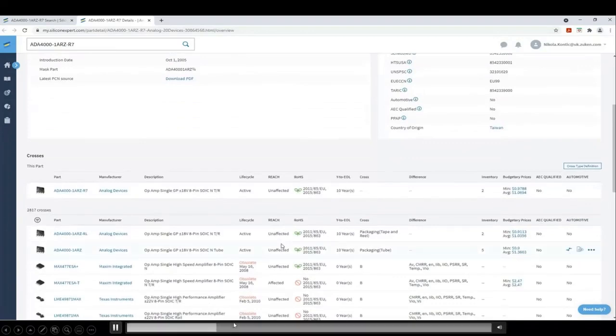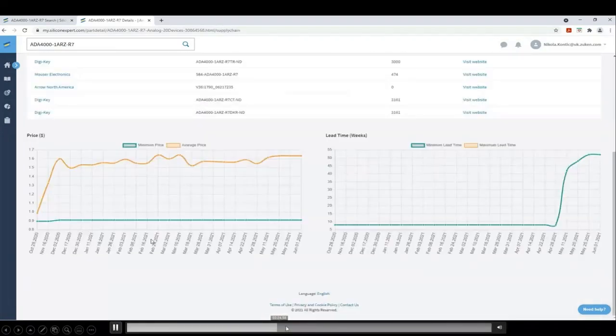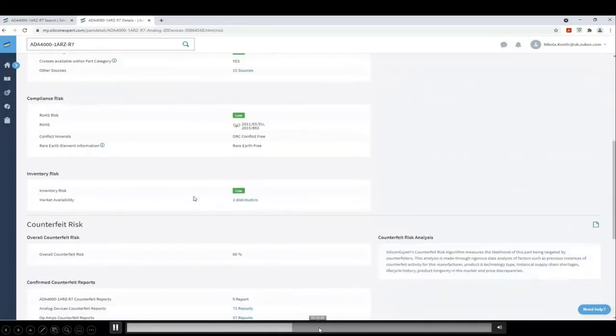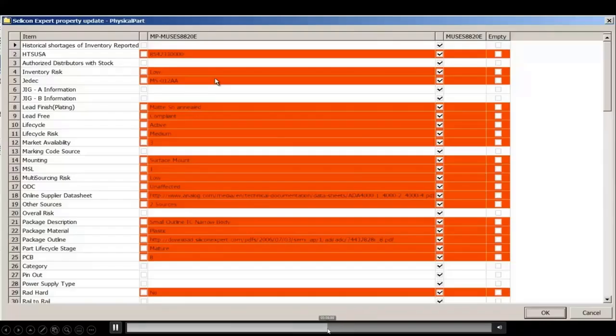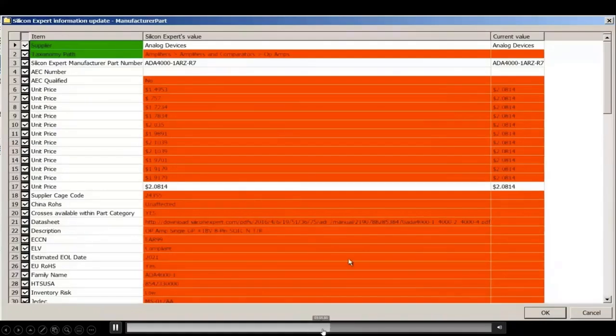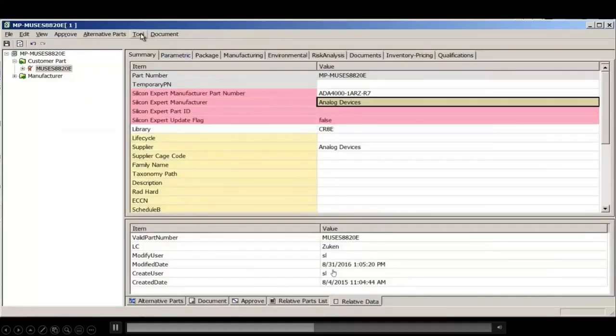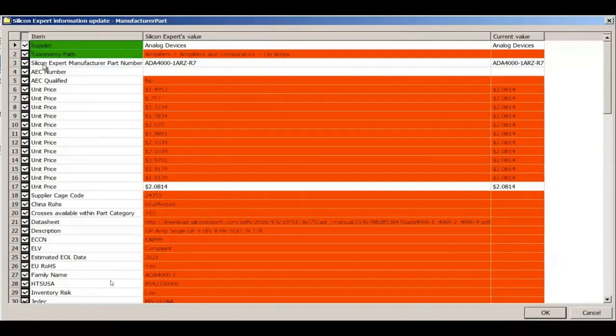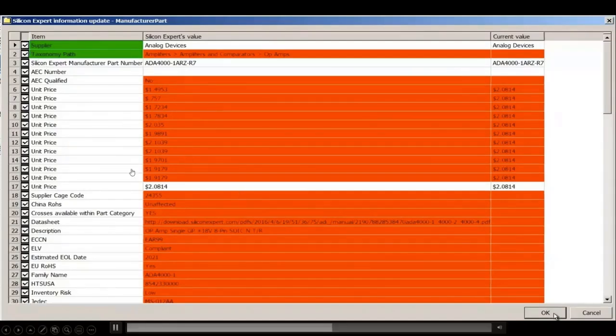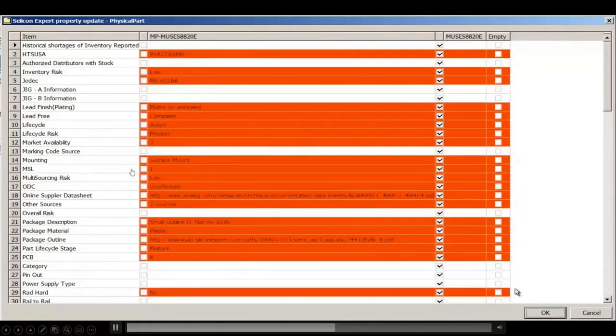And I'll just move forward. We've seen a lot of this checking and downloading and the information about the part. So if I just move, we have the information. We now want to update the information from SiliconExpert. We choose what information from the SiliconExpert database in the first column, what data we want to pull into our corporate ECAD library. And in this case, we're just going to select everything, pull in the data,